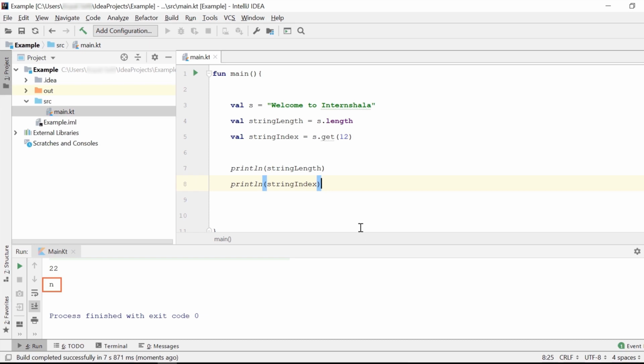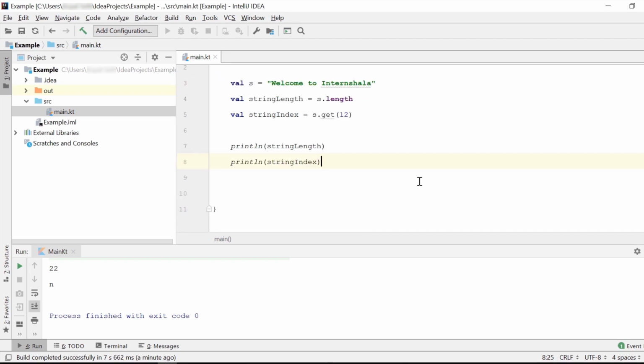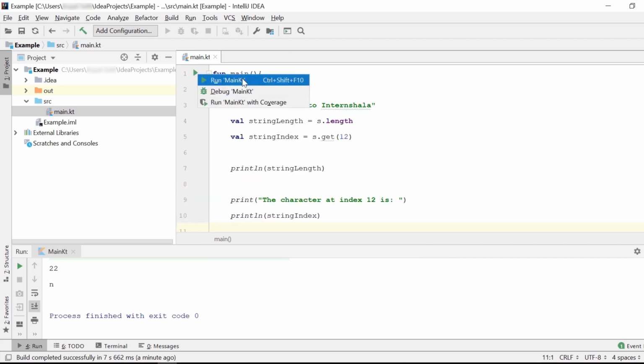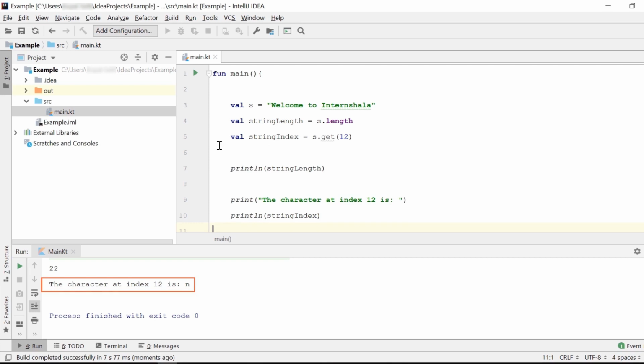That is, if someone does not know what string we mentioned, they will not know what the output intends to show, right? Now one way to resolve this is to use two print statements like this. Let's look at the output now. Yes, that makes sense. But that was so much extra work, wasn't it? Will we always have to use two print statements to give meaning to our output? No, there is always a shorter and more efficient way of doing things in programming. And for this situation, the shortcut that is used is known as string templates.